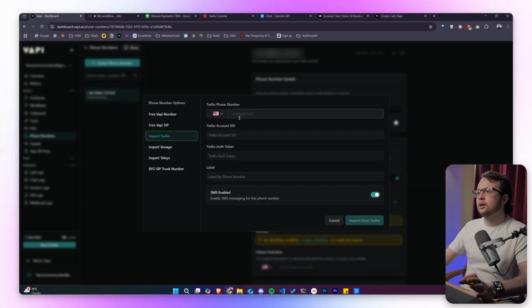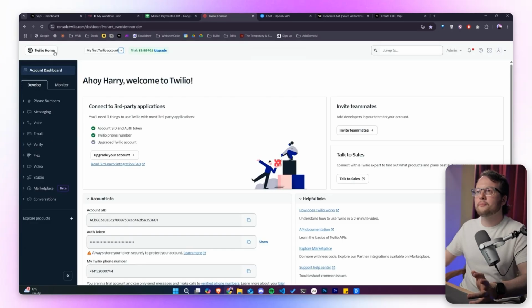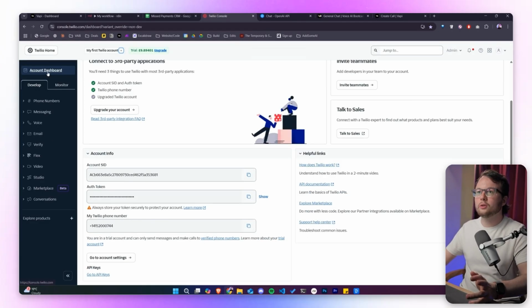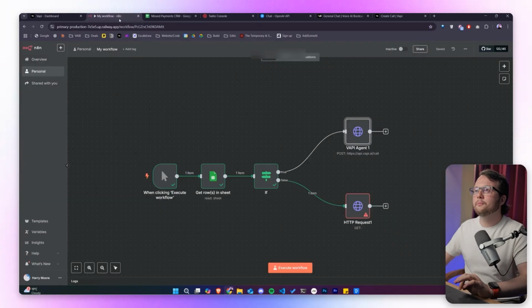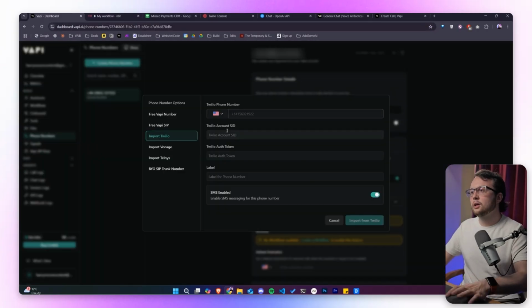And for that to work, we need to get our account SID, authentication token, a label that can be whatever we want it to be, and the actual number we purchase. Now, coming onto Twilio itself, when you create an account, on your account dashboard, you'll see the account SID, copy and paste that. Authentication token, again, something you never share. So we'll copy these here, and I've done this already, but you paste it in to here,